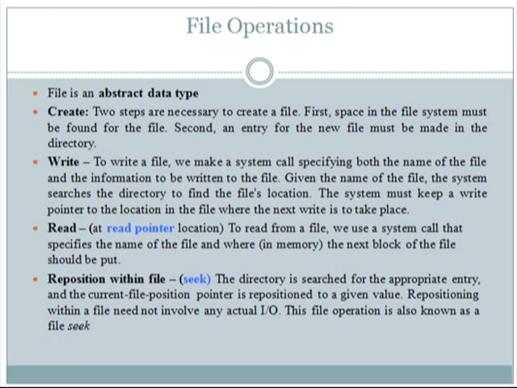Then another operation can be reading or writing a record. Here a process issues an appropriate command to read or write a record. The file system considers the organization of the file and implements the read or write operation in an appropriate manner. Another operation could be closing of a file.